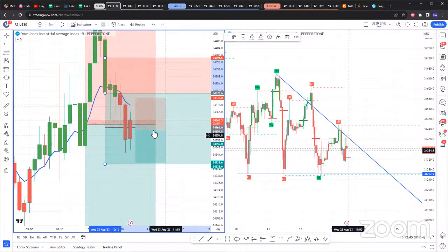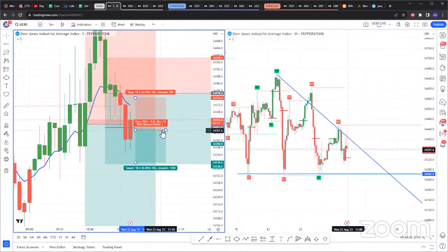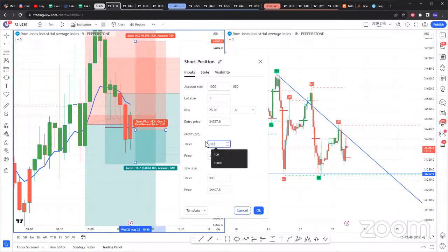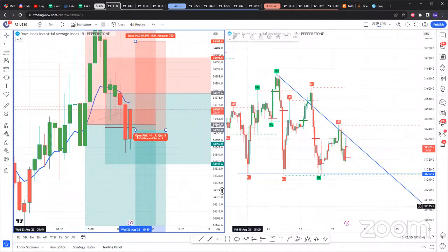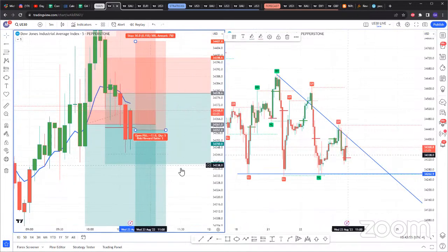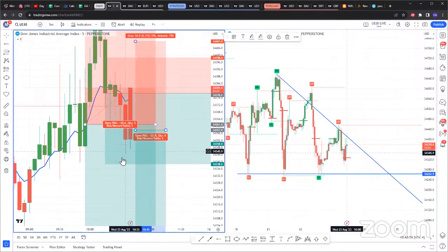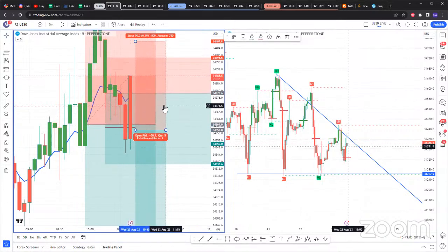Let me mark this up. So this should be 50 pips stop loss and 100 pips TP. If we get this trade, that will be the last trade, and I will be ending the live session. If we do not, if this 5-minute candle goes up and does not close below here, again, the trade will be invalid, and I will be waiting again for another 2 candles to close.